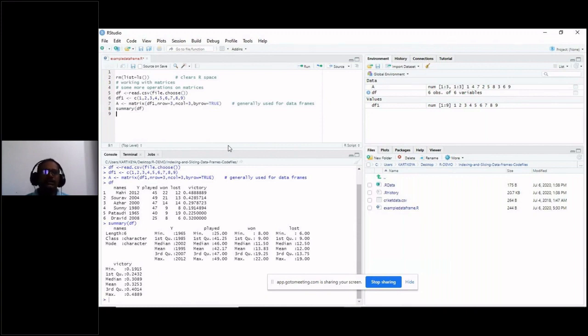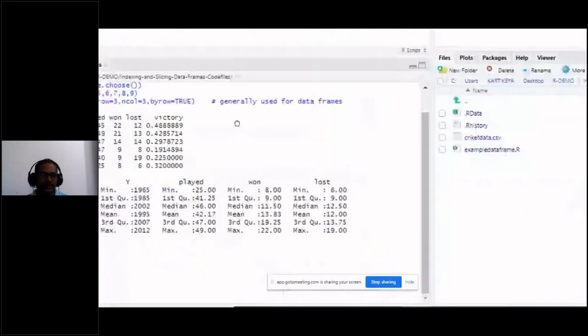So from these data sets, we want to obtain some statistical values like mean, median, like that we want to get it. So that can be done with a single command called summary of data frame. If you have written that, it will display the summary of your data frame by calculating the general statistical values.